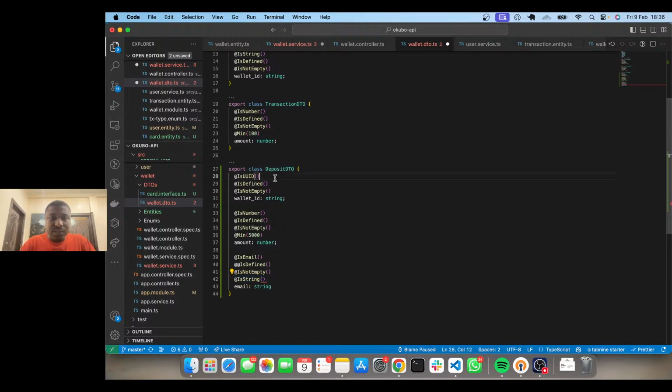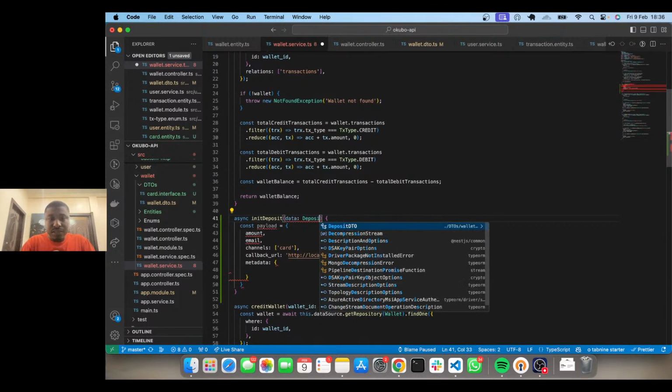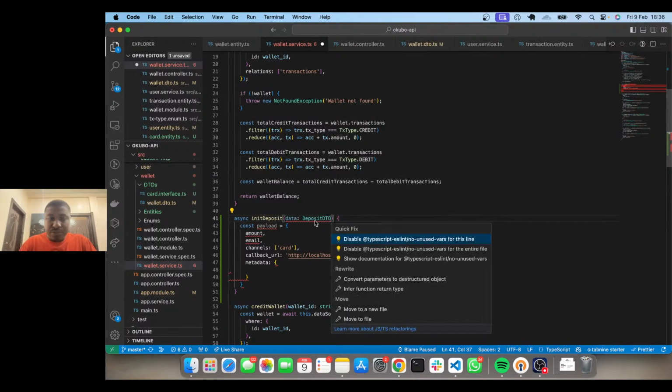Copy this, add this to you. Okay. I don't have a person error here. Oh, okay. And that's that for the DTO. We can now switch this out to data. It should be deposit DTO, because we want to basically